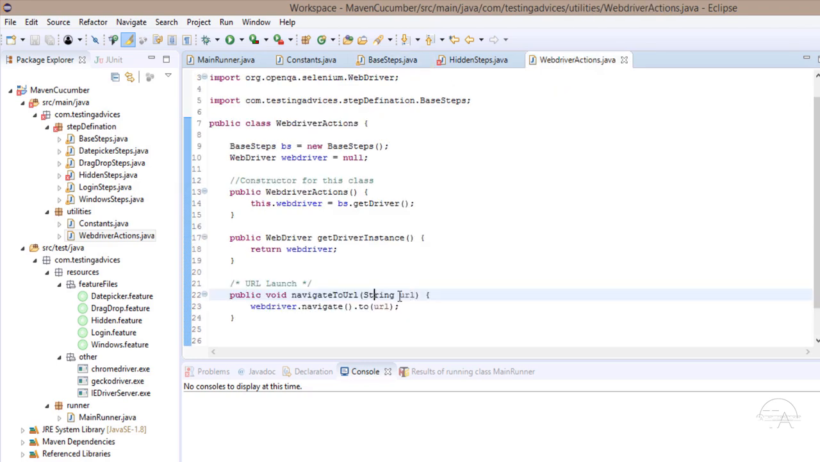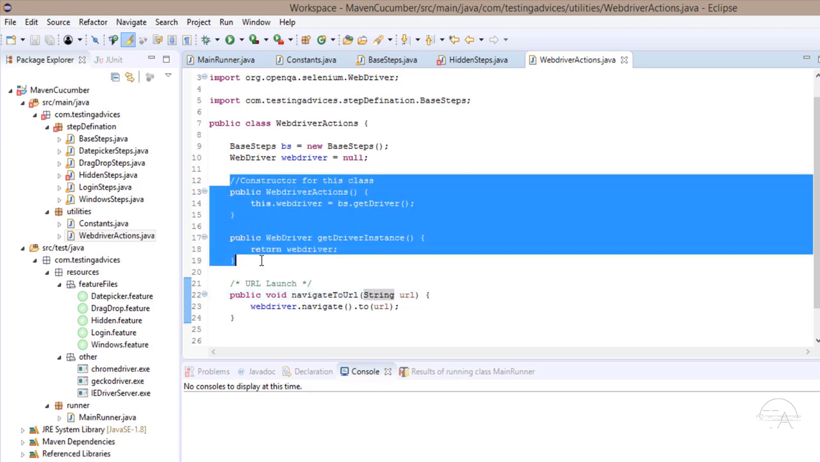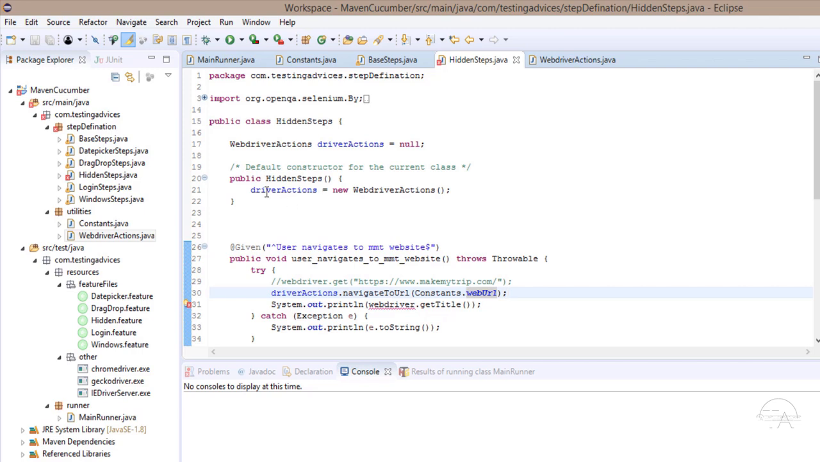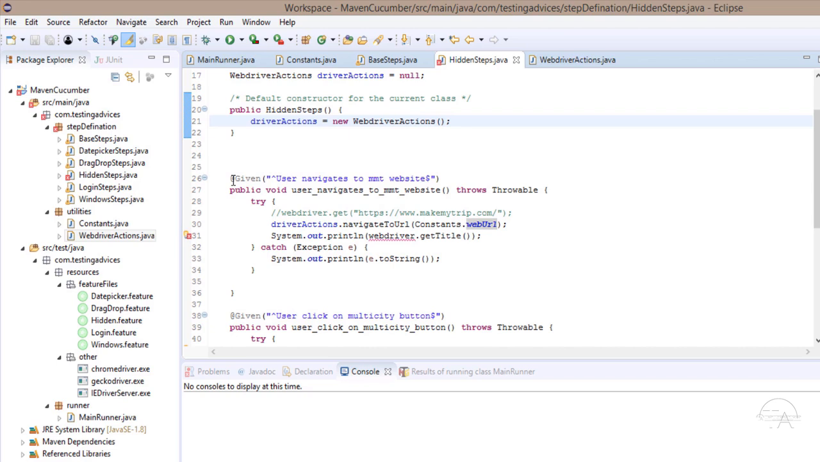After that, what will happen? It will then go to this WebdriverActions class. Then again we are going to confirm that we have the latest browser instance. After that, it will go to HiddenSteps. It will call this default constructor where we are trying to initialize this WebdriverActions class. After that it will enter this first method where it will